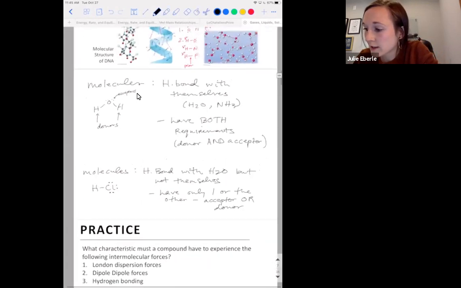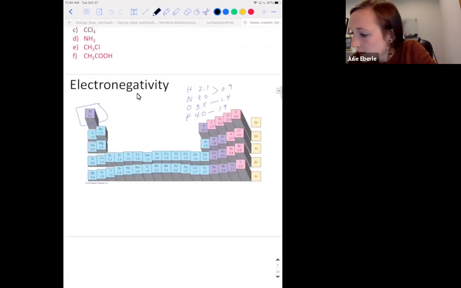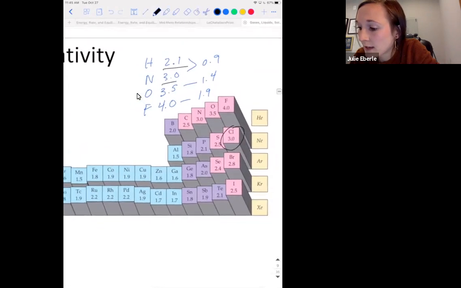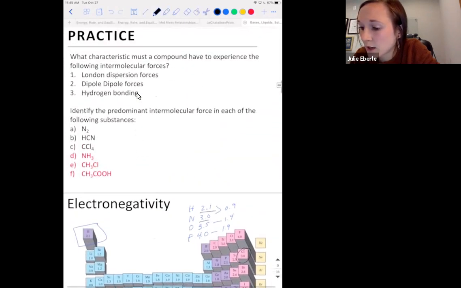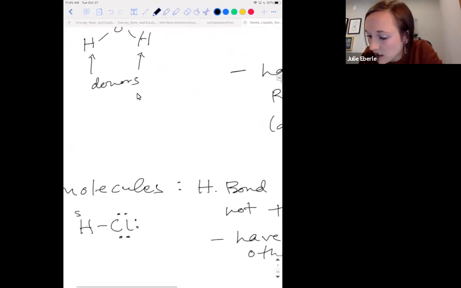Well, let's go look at that electronegativity chart. I'm going to scroll down. There's chlorine. The value is 3.0, and hydrogen we know is 2.1. So just like nitrogen is 3.0, chlorine is 3.0. So yes, that is a polar bond. The difference is 0.9, so this means that the hydrogen is positively polarized here.